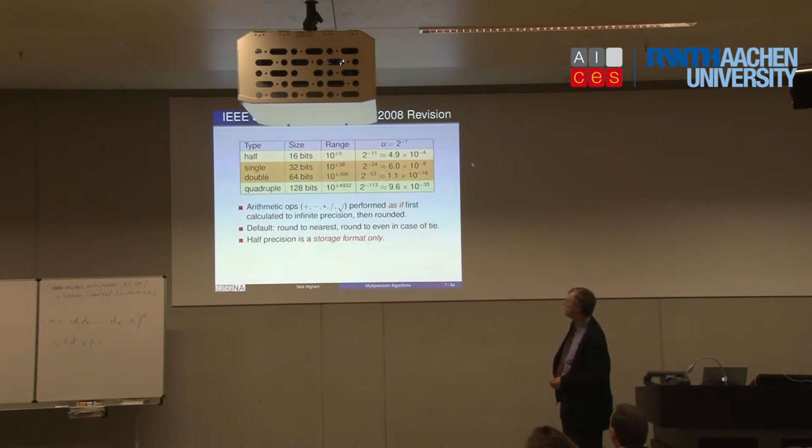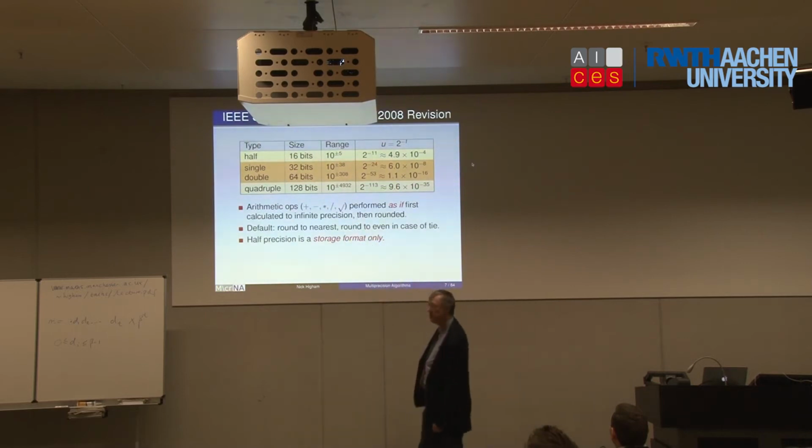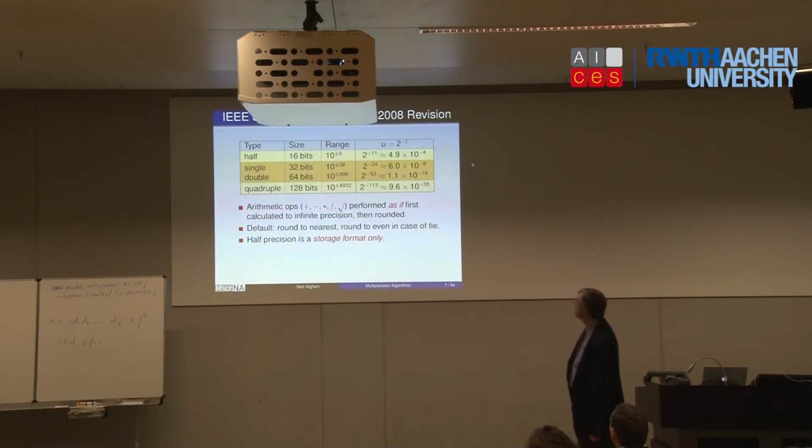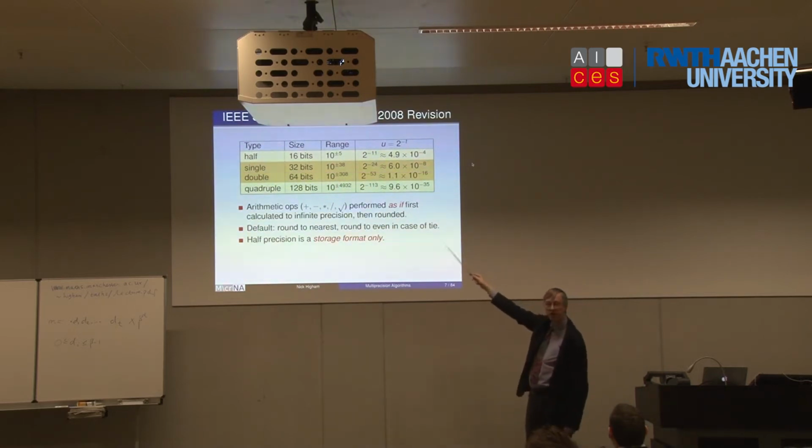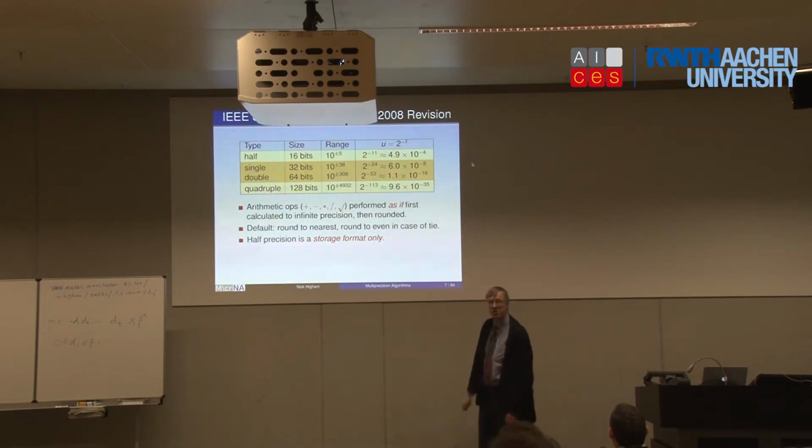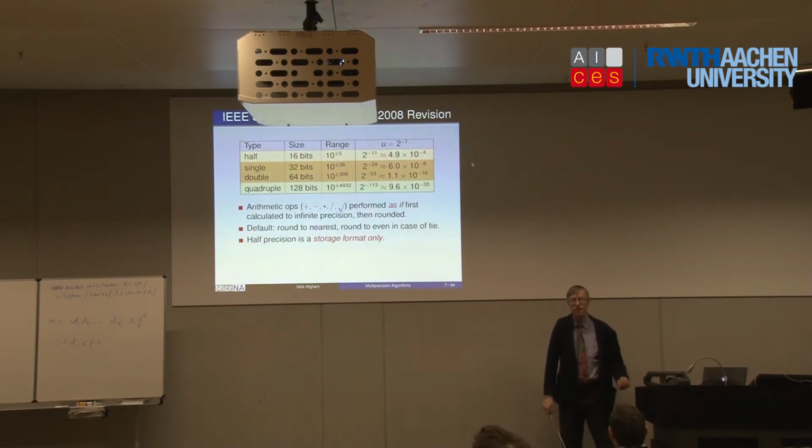But from the point of view of the lectures today, we're mainly interested in the things I'm showing here. So we've got the size, the number of bits of these operands, and the range expressed in terms of a power of 10 as a rough estimate. And the unit round-off is 2 to the minus t. We'll see the role of that in a moment, but little u is a measure of the arithmetic, if you like. So for double precision, there's a huge range, 10 to the plus or minus 308, and this corresponds to about 16 digits of decimal equivalent, as we all know.